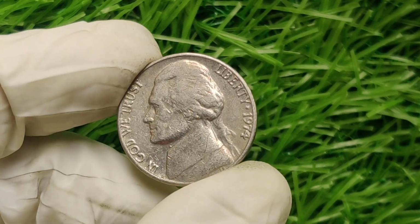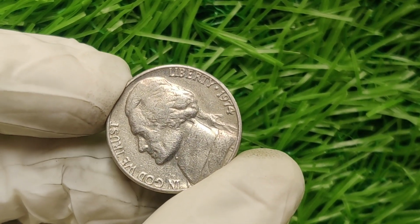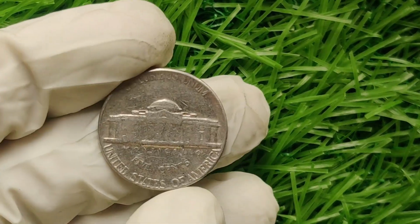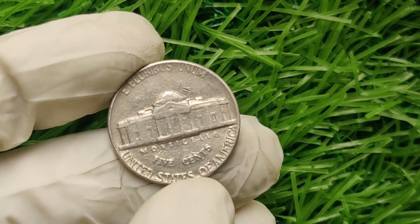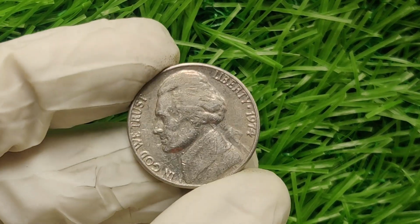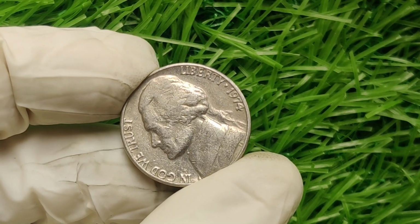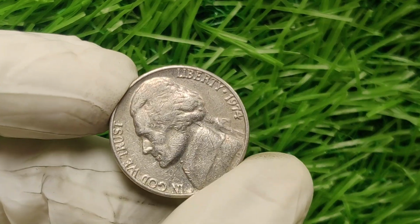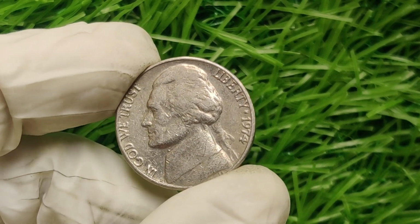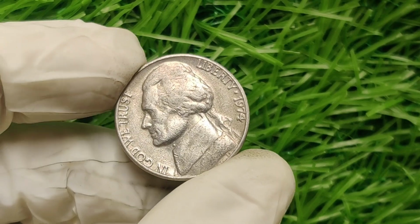So, grab your magnifying glass, because we're diving deep into its history, its unique features, and most importantly, why this coin is considered one of the most valuable nickels in the world. First, let's talk about its history. The coin was first introduced in 1938 to honor the third president of the United States. Jefferson, of course, is famous for his role in the American Revolution, authoring the Declaration of Independence, and his presidency during the Louisiana Purchase. His image graced the obverse side of the coin, a tribute to his